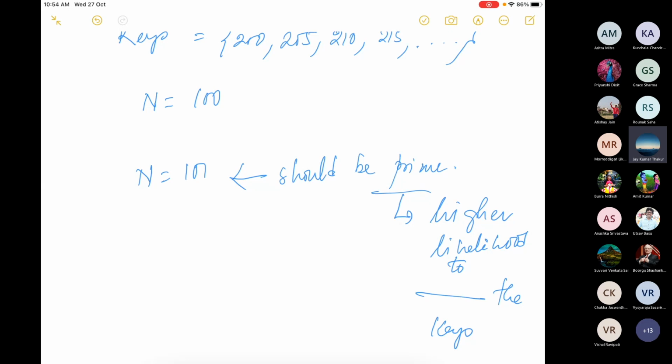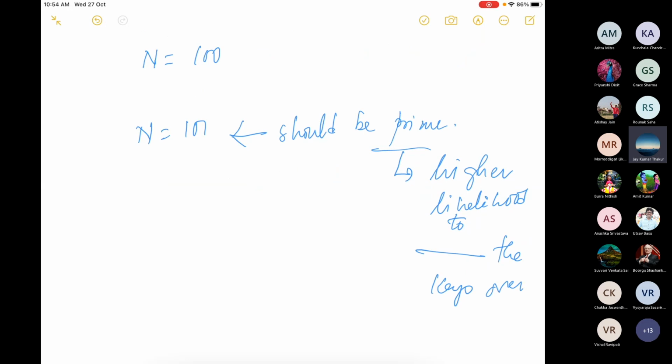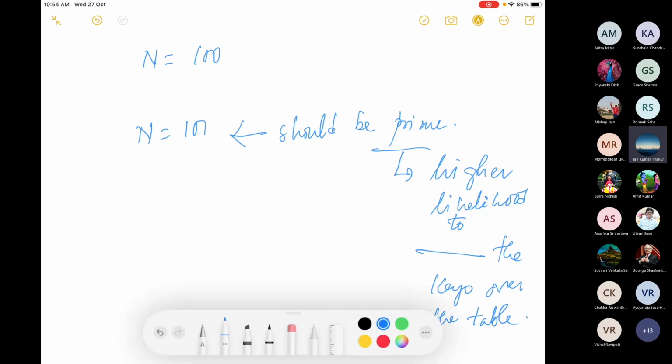It is distributing, or better say, spreading. The objective of choosing a prime n is to spread the key values as much as possible over the entire hash table. We'll stop here, and tomorrow we will discuss an algorithm to construct the hash polynomial,